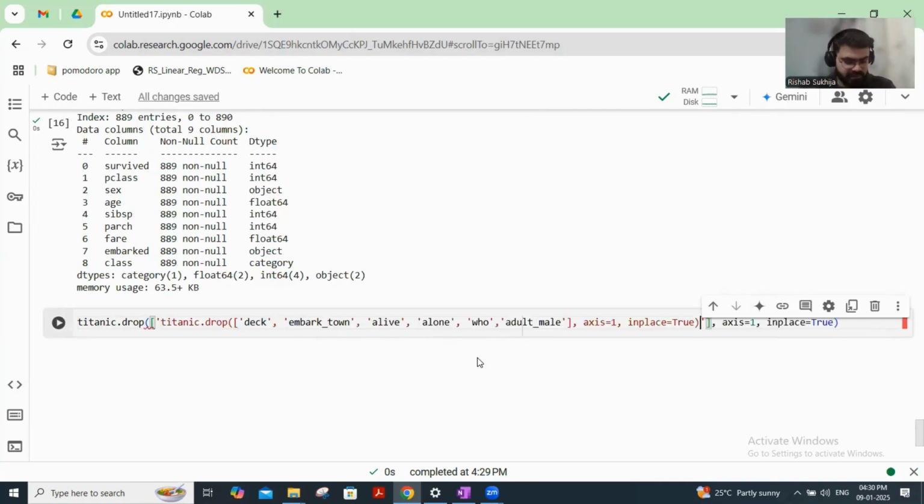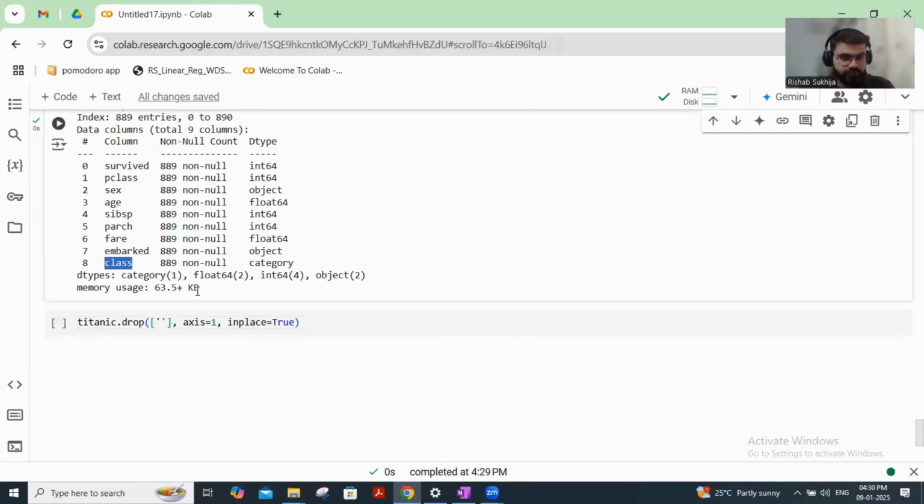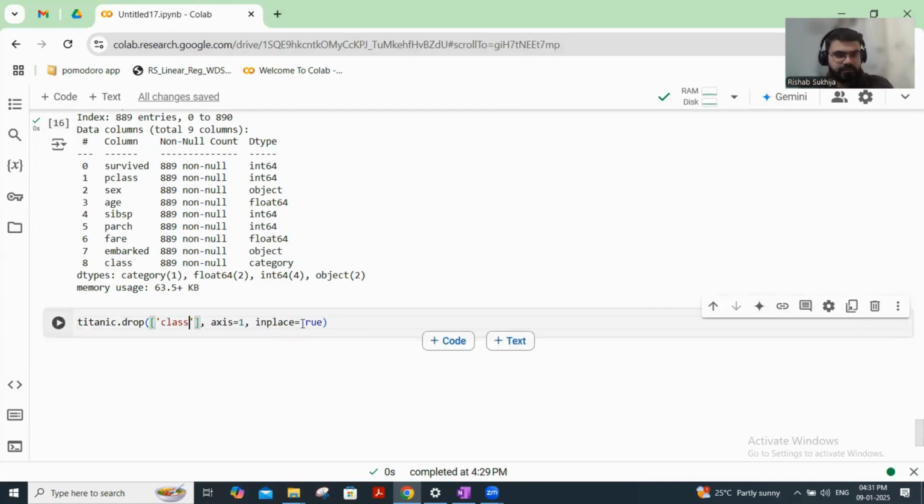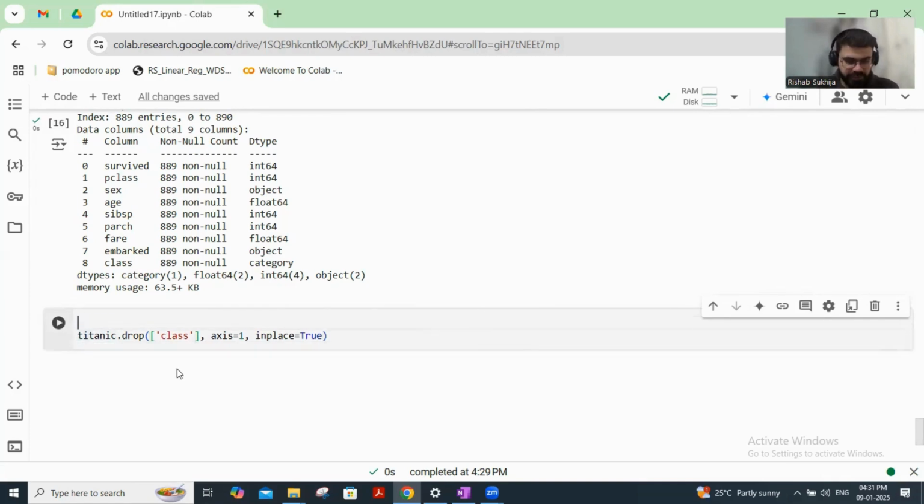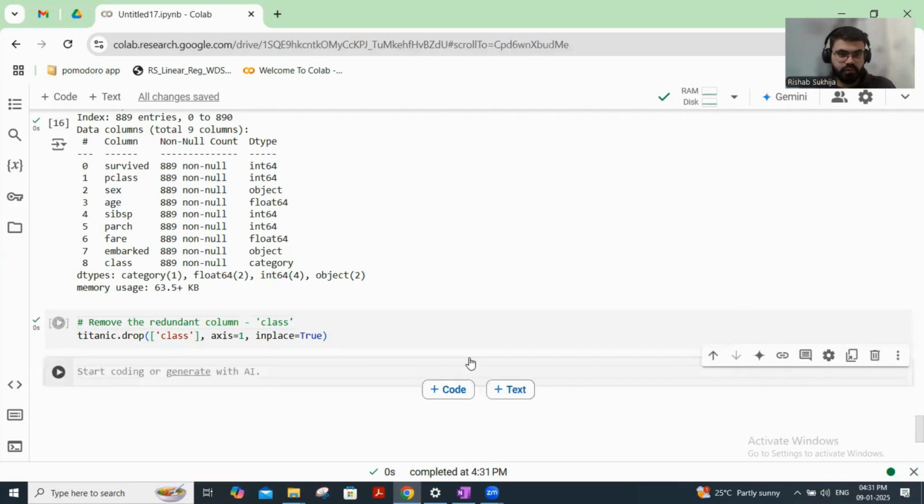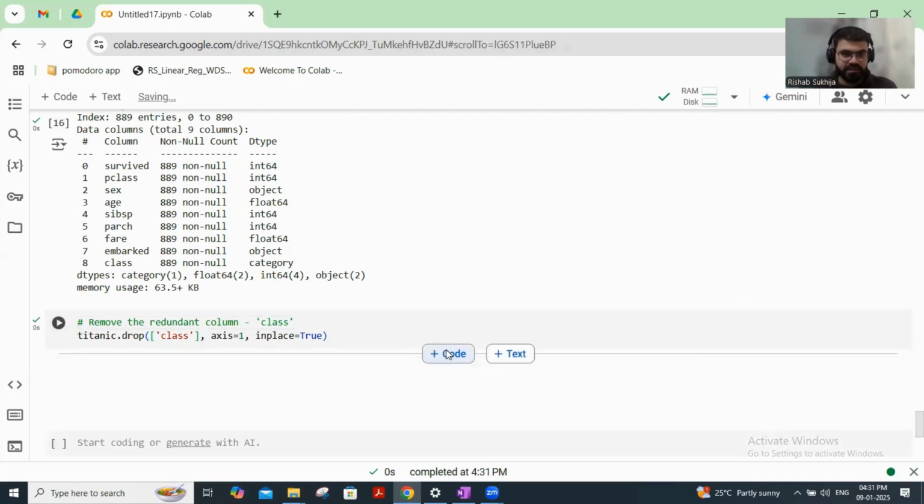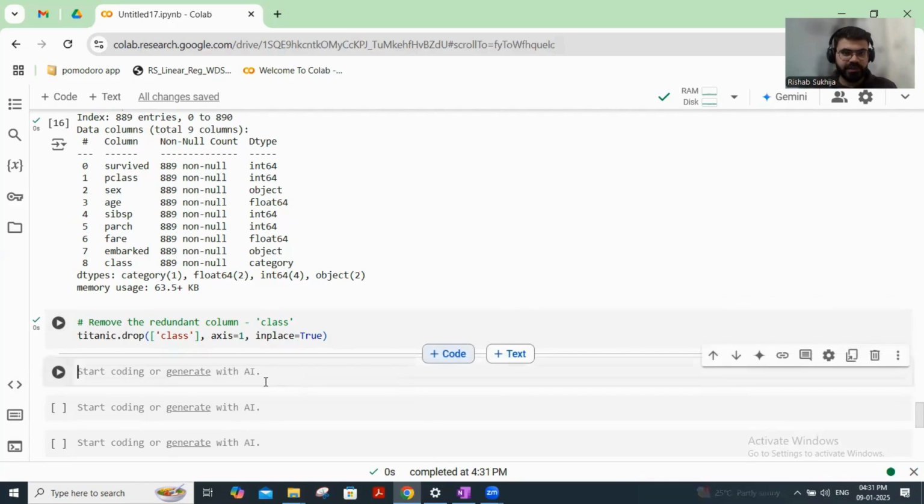So let's get rid of this. Which was that column? It is this class that you want to get rid of because it is the same column as Pclass. Let me write a quick comment on this: remove the column class. Okay, let's remove it. Let's add a few cells in here because we might be needing them. Then in data processing,